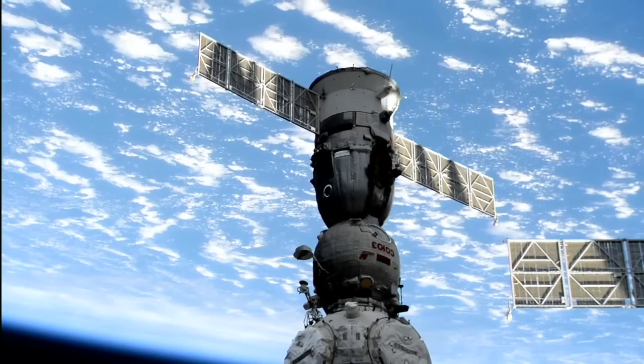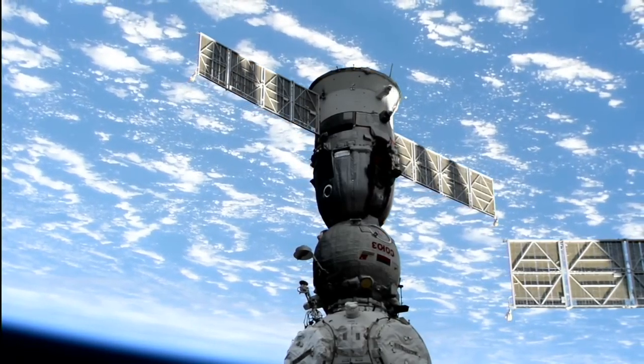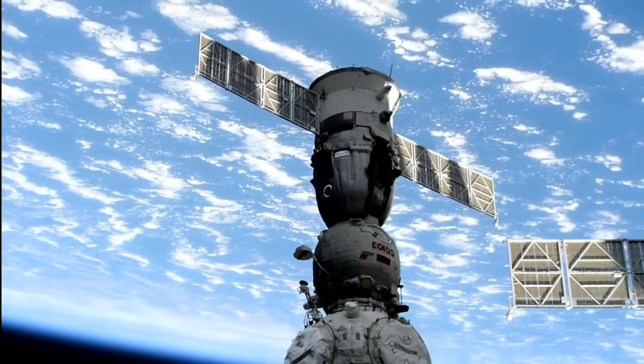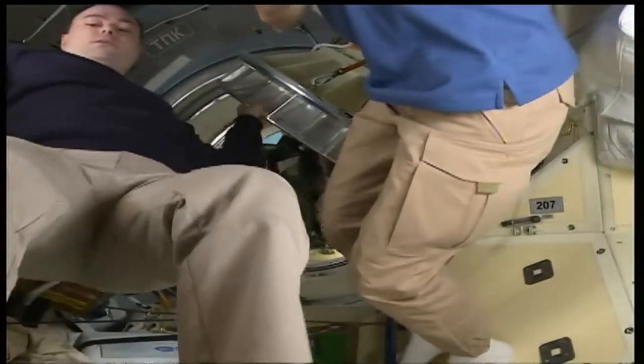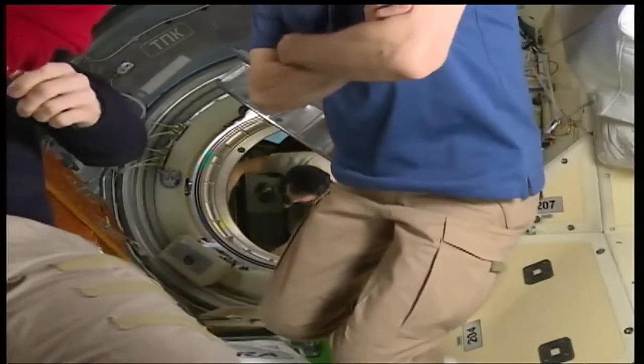A good view of the Soyuz MS-23 spacecraft docked to the Prichal module, which is the node module, a multi-hatched docking port for multiple vehicles at the Russian segment of the station. And now we're back inside Prichal at the hatchway to the Soyuz,